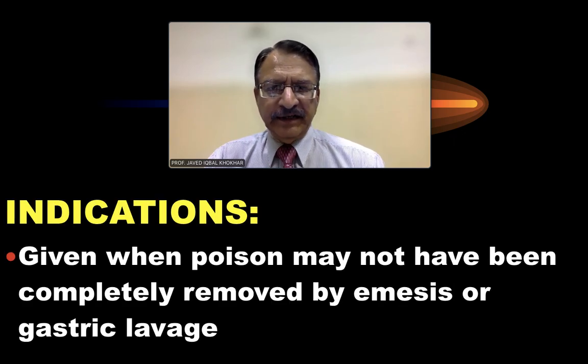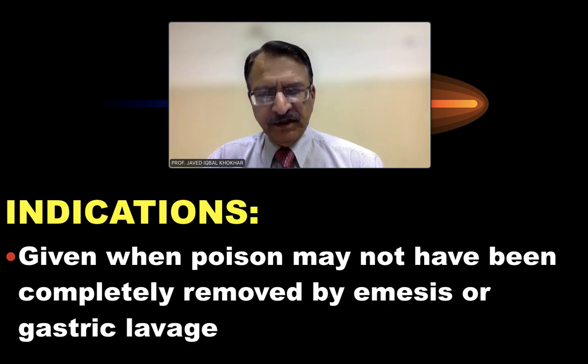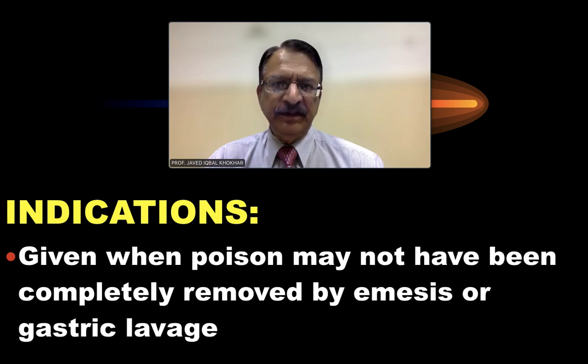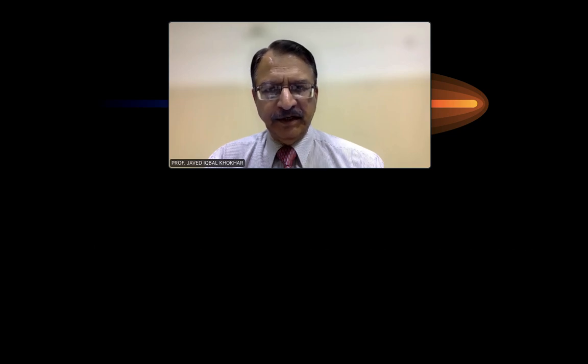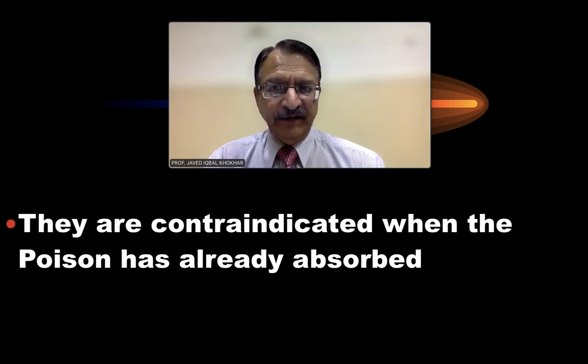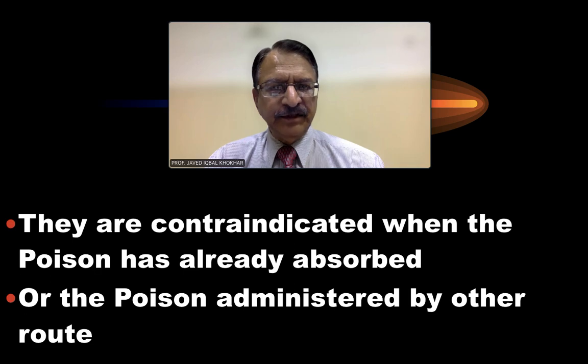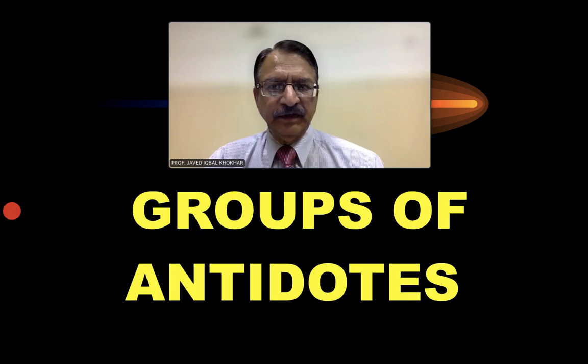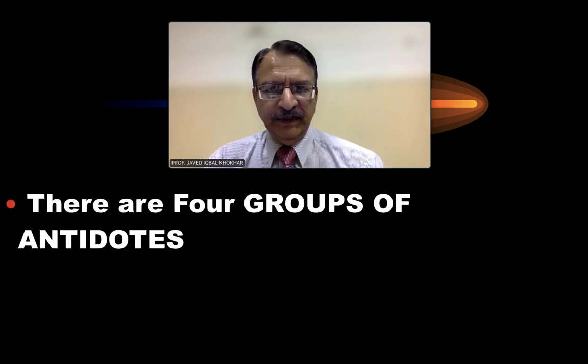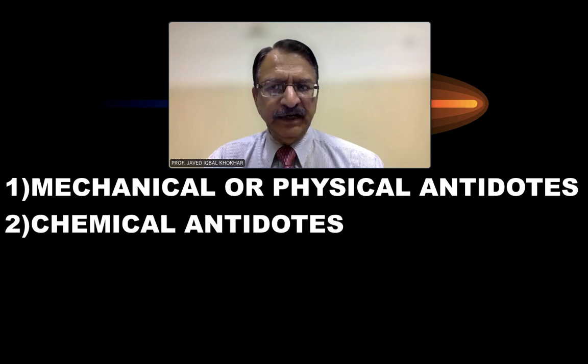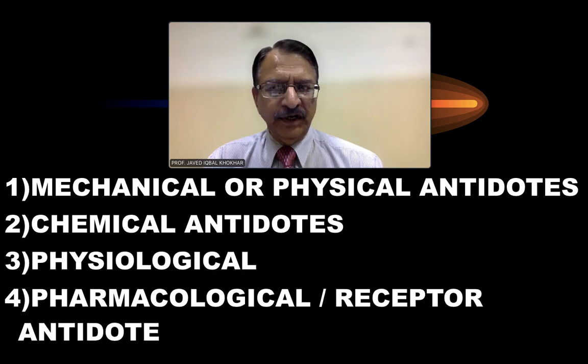Now, regarding its indication, they are given when the poison may not have been completely removed by emesis or gastric lavage. That means the poison is still in the stomach, then it is given. They are contraindicated when the poison has already been absorbed or the poison was administered by other routes. The groups of antidotes, commonly there are four groups: mechanical or physical antidote, chemical antidote, physiological antidote, and